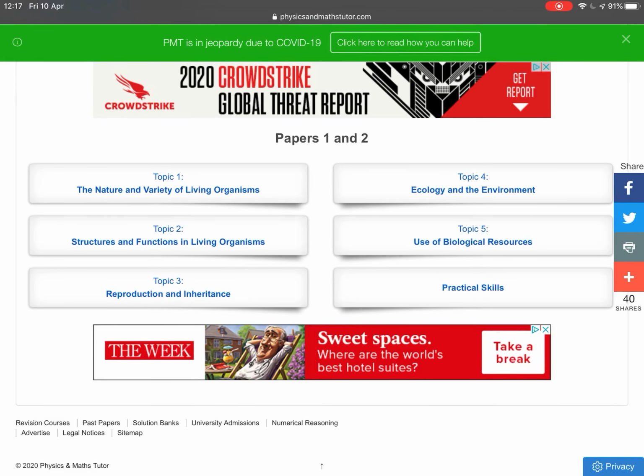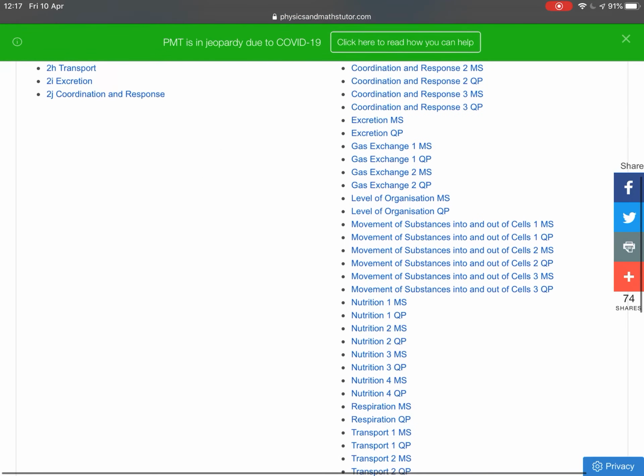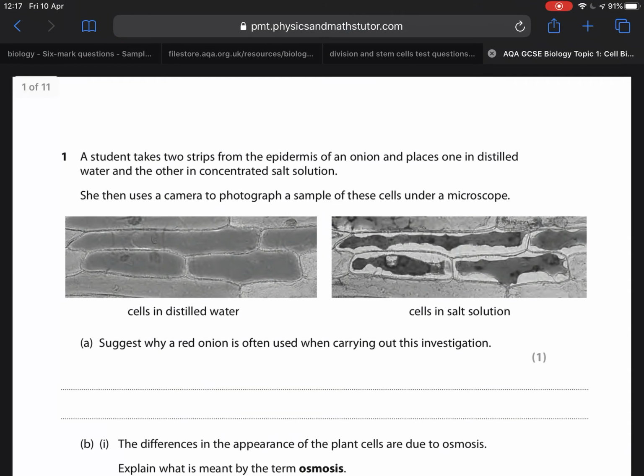So if I was to click Edexcel, I know, for instance, that the transport questions are going to be in structures and functions, and then I could go into movement of substances in and out of cells, and I get very similar questions. You could even try them across exam boards if you've got lots of time and you want